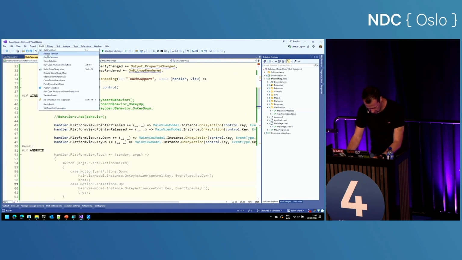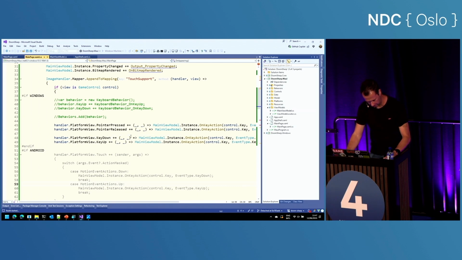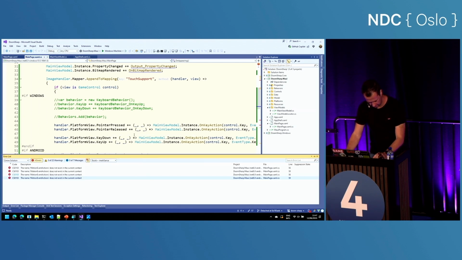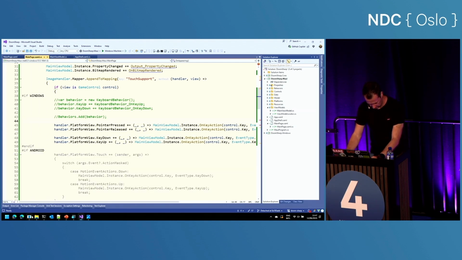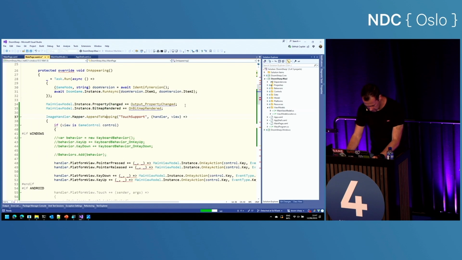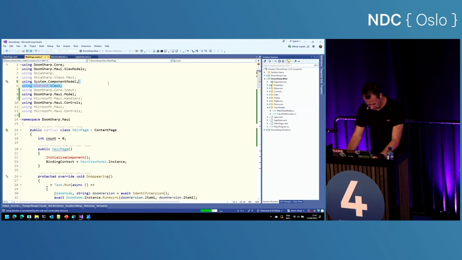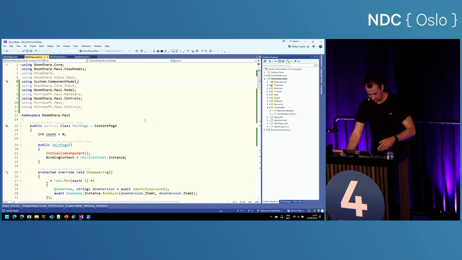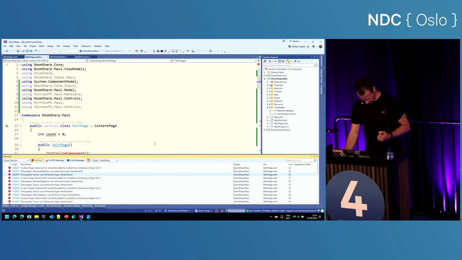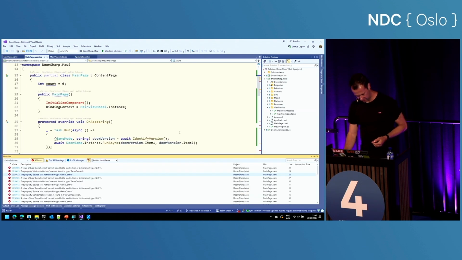What's going on all of a sudden? Oh well, let's just try this one again. Clean everything. There we go. Build. If this doesn't work, it doesn't really matter. I can promise you that this does work. Buttons are actually working now. Whatever, let's just skip that part.